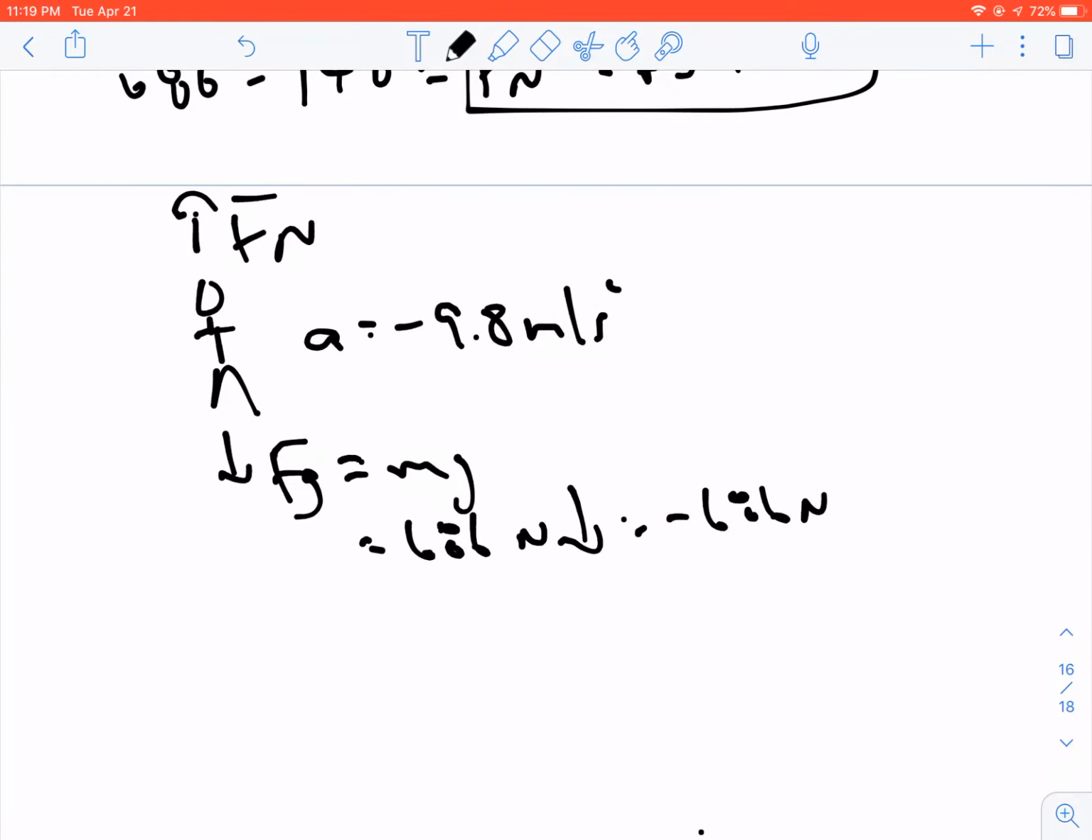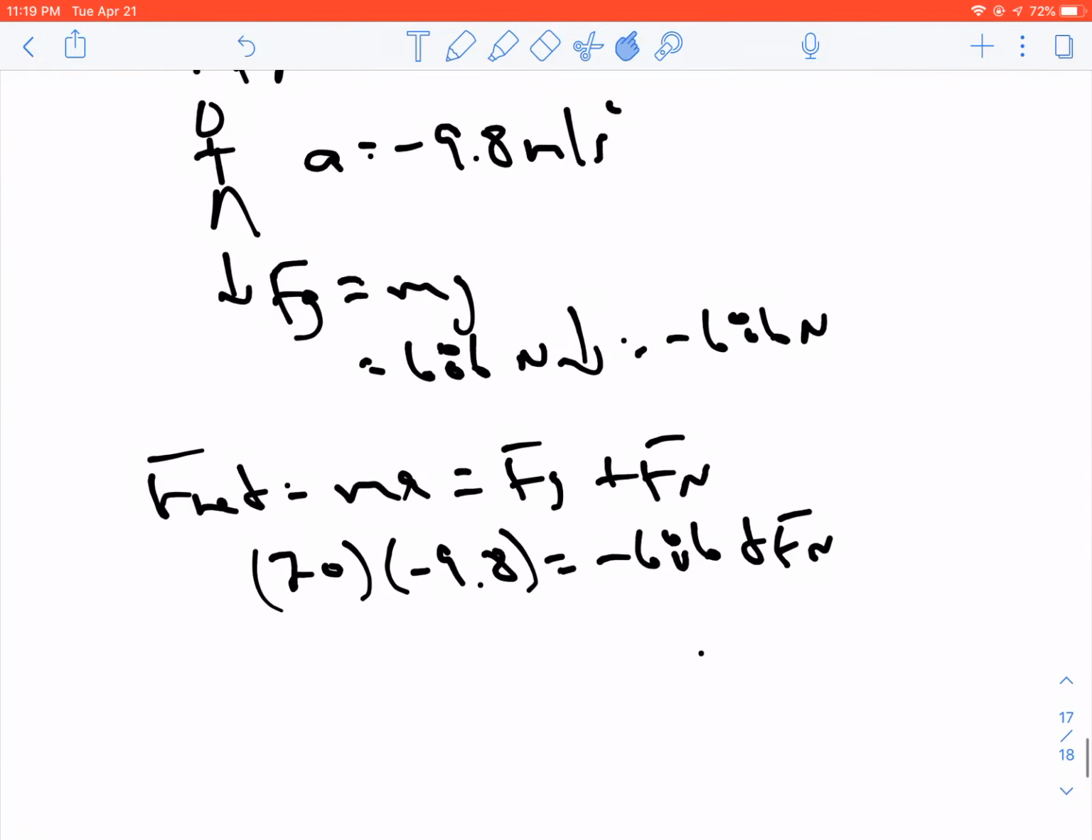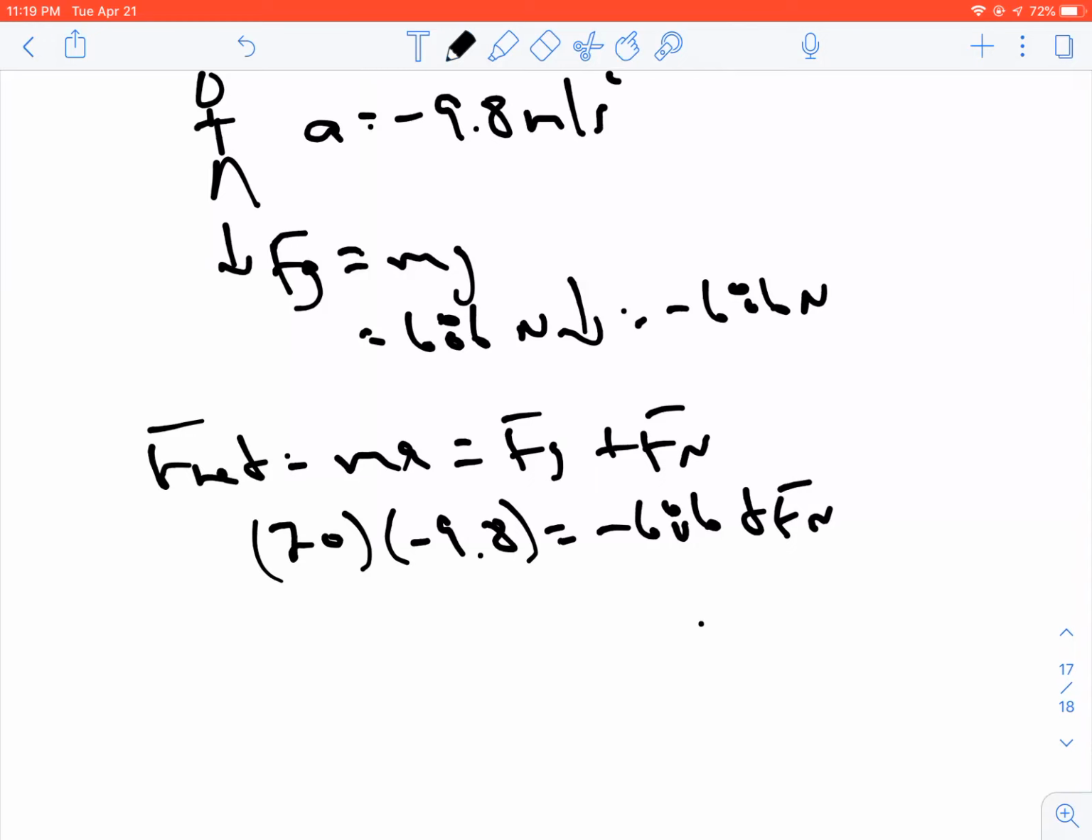And now if I do my F net equals ma, which is equal to FG plus Fn, my mass is 70 kilograms, times my acceleration, which is now negative 9.8. It's going to be equal to my gravity, which is negative 686, plus Fn. Now, if I look at what my negative 686 comes across as plus 686, my 70 times negative 9.8 is negative 686, equals force of the scales,